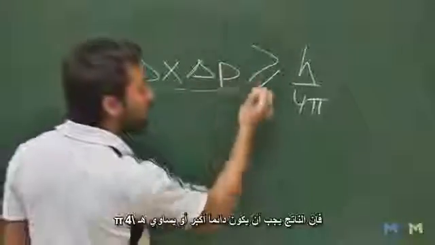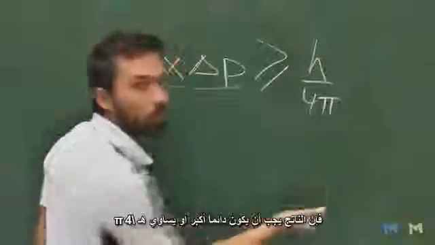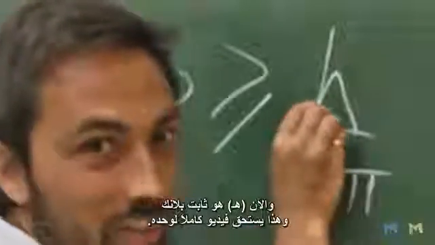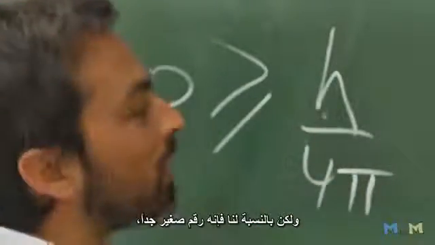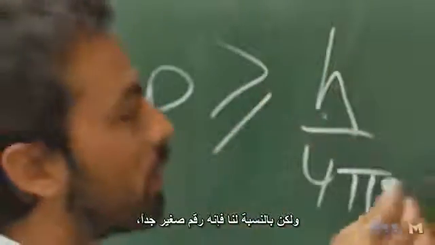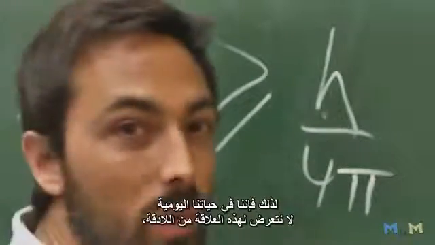Now, if you multiply those two quantities together, they must always be greater than or equal to h on 4 pi. Now, h is Planck's constant, and that deserves a video all to itself, like this one by 60 symbols. But for our purposes, it's just a very small number. So in our everyday lives, we don't come up against this uncertainty relation because everything is much, much bigger than